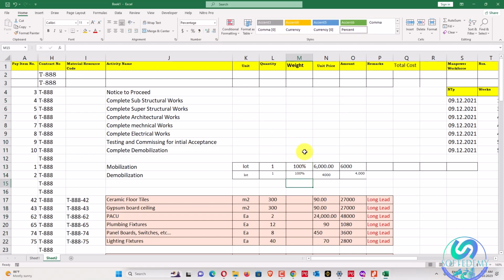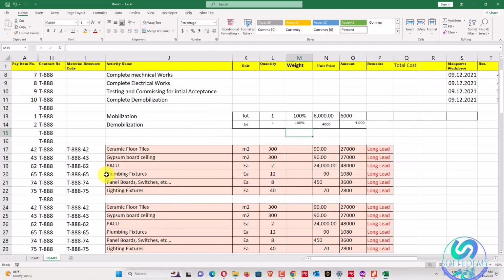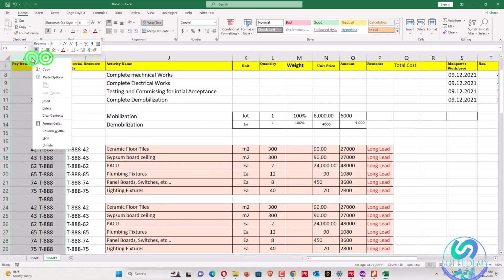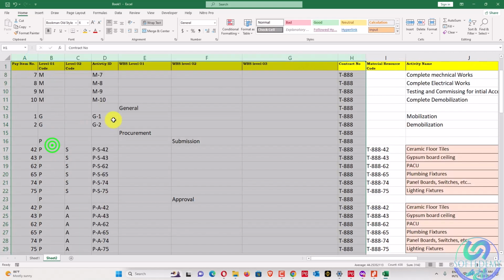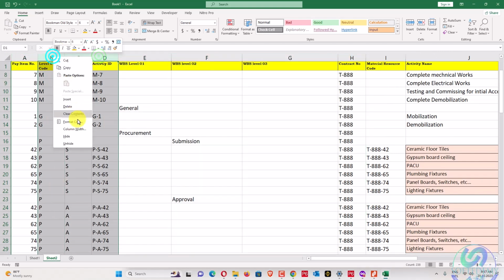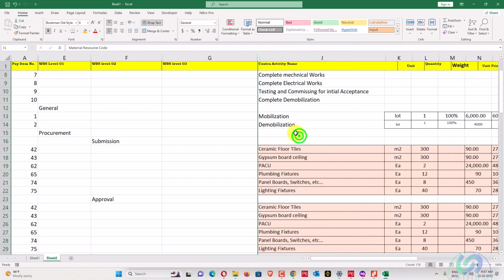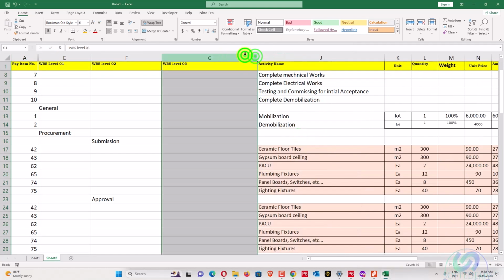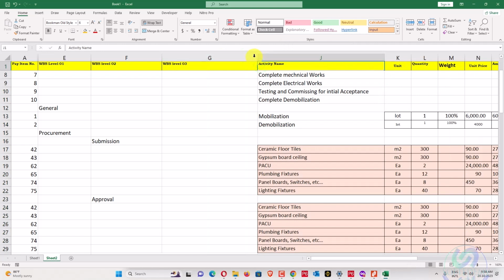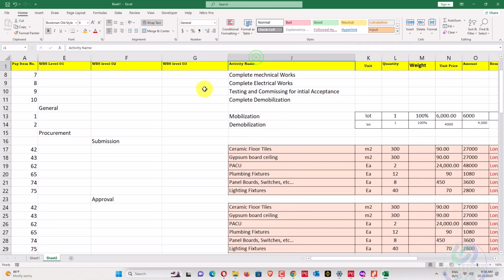Okay, so percent here means 100%. And now add for the approval. Where was approval? Unhide, remove this coding, hide this one, and also hide this one. Now level 3 should be, okay.